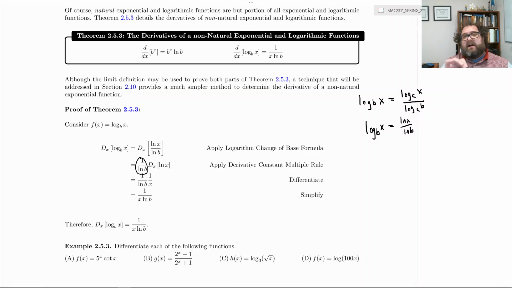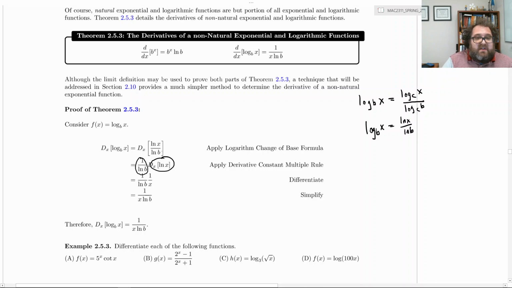I know that a lot of students see logarithm and just get all confused, but b is a constant, and the logarithm of a constant is itself just a constant. So we can factor it out,